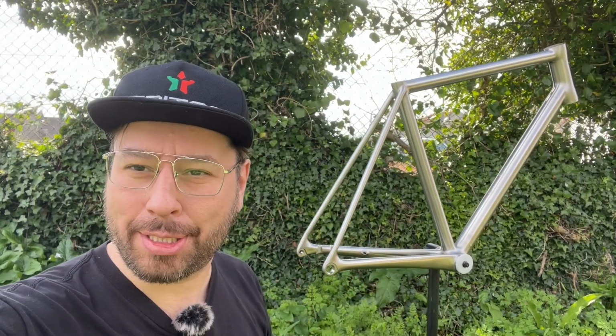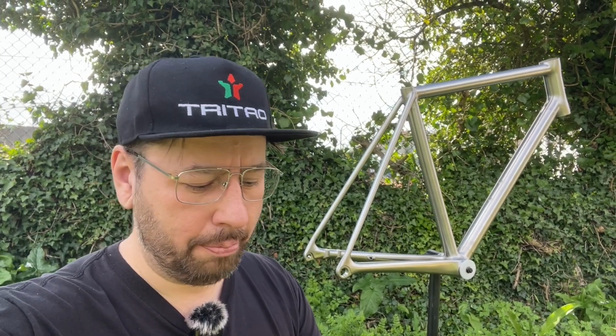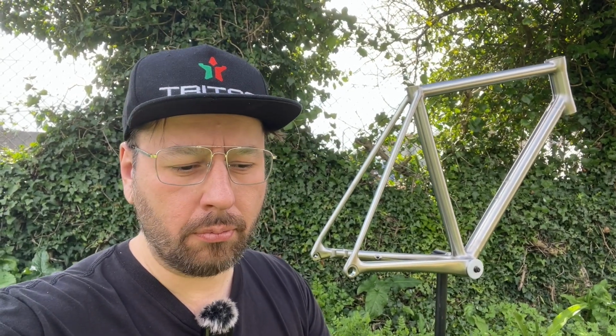So a local customer from Portugal approached us, actually a couple of years ago, asking for a custom titanium light road frame. And we were in talks from time to time. It wasn't in a rush. And then finally, not long ago, the customer decided to place an order. Discussions took time. And so the idea was to create a one of a kind frame and a bike eventually